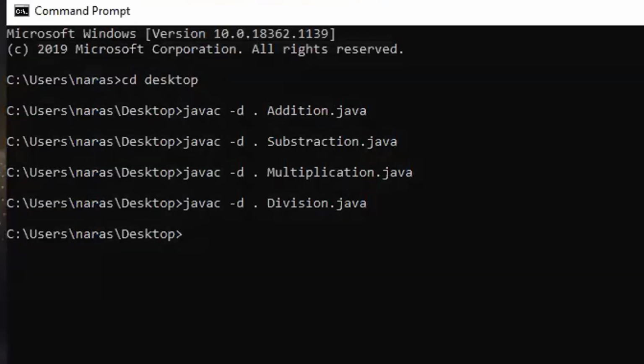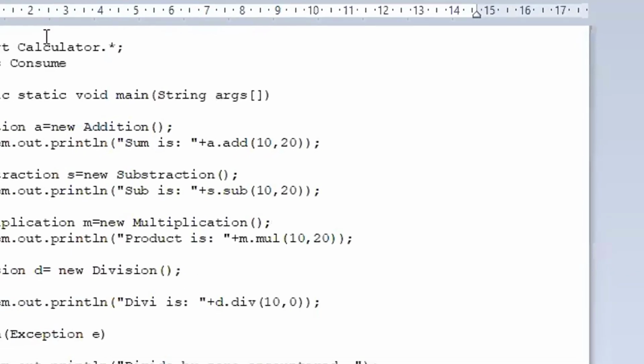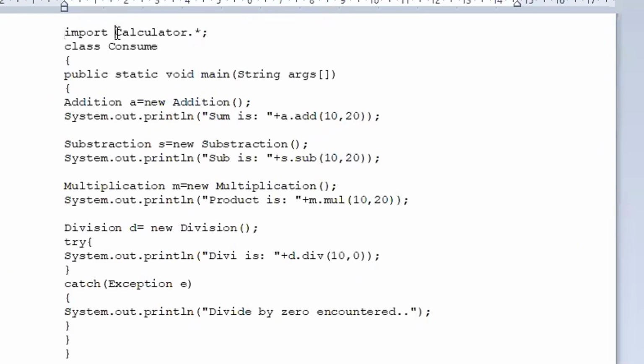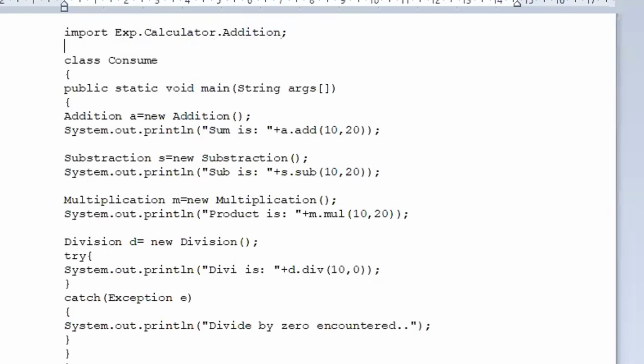Now with respect to this particular consume, right? Here I have to specify the complete class name. Calculator dot, it was showing me an error if I am using dot star. Import under exp dot calculator dot subtraction.